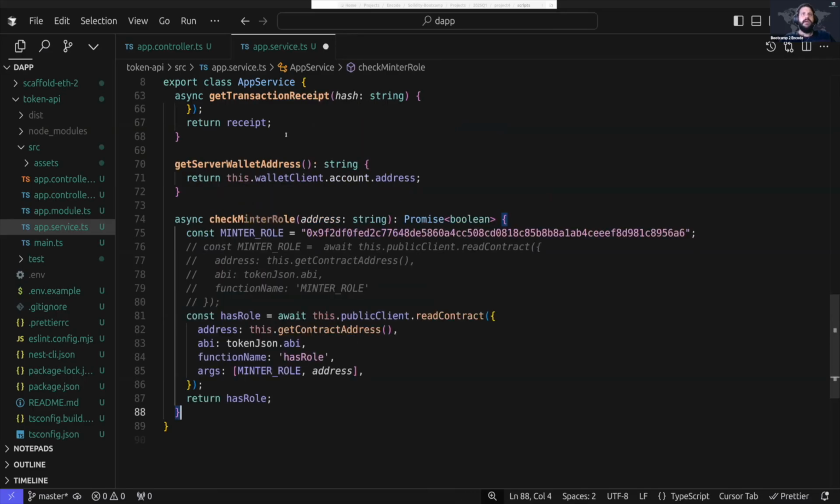Get server wallet address is going to just return the account address that we have in the wallet client, something that we were doing in the past with console log. Here I'm returning this call. Minter role I could get from the smart contract like this, or I could just hard code it like that. I know what the minter role is. And then I'm calling the smart contract with the function read contract to see if the contract has this role or not. We did that in lesson